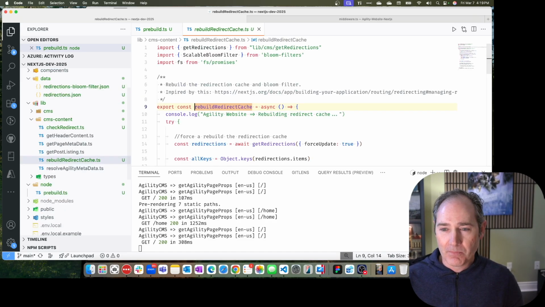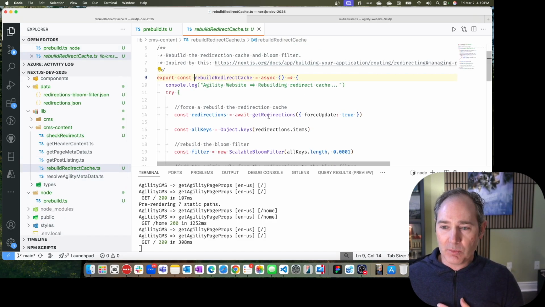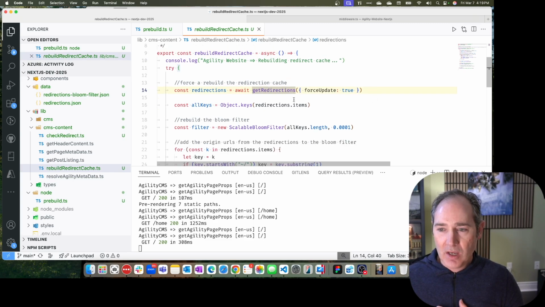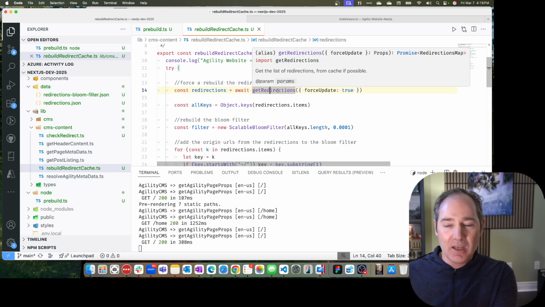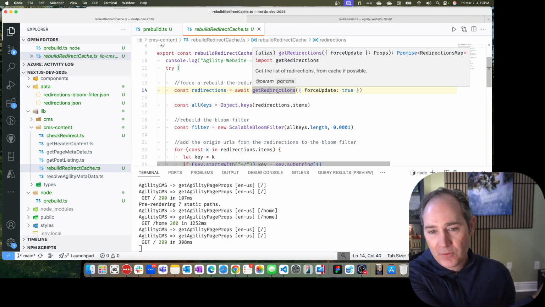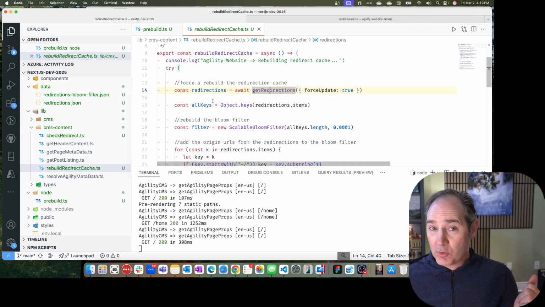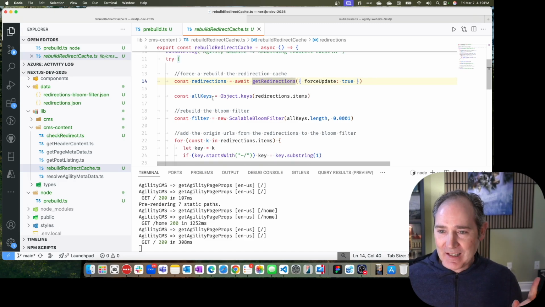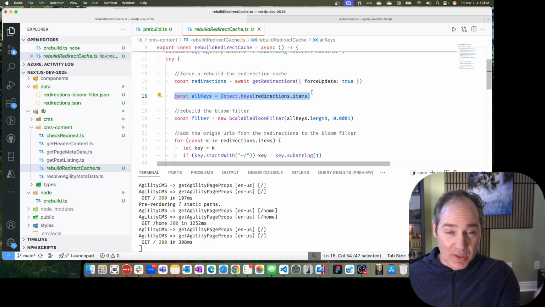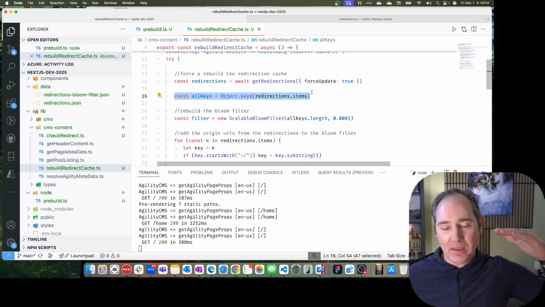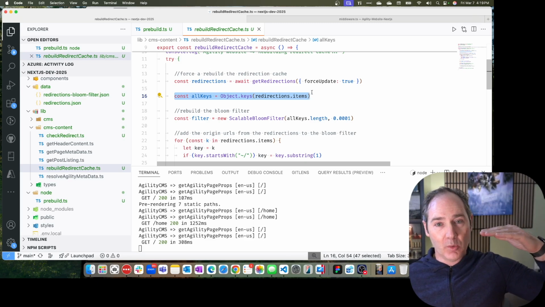Let's jump into it. So the first thing we're going to do is call get redirections. I'm not going to jump into this, but all that does is it basically pulls down the redirections from Agility and saves them to the redirections.json file. That's pretty straightforward. But what's really exciting is that now we're going to take all of the keys out of that dictionary. So we get a dictionary back from Agility with the path of what URL we're on and whether